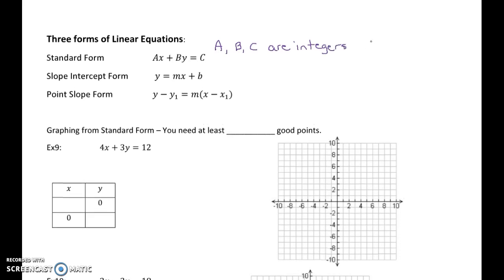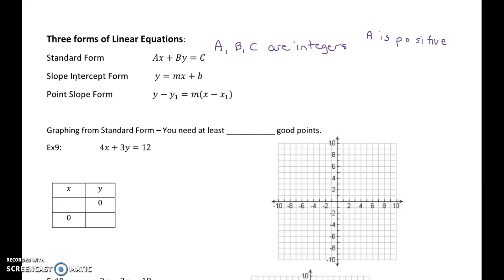And another thing about this form, in most textbooks, not all textbooks, but in most textbooks, a is positive. So we don't have a negative leading coefficient. That first coefficient on x is positive. That's not always the case, but that's generally the case. So a, b, and c are integers, and a is positive. Notice x and y are on the same side of the equation, and then the constant is just by itself